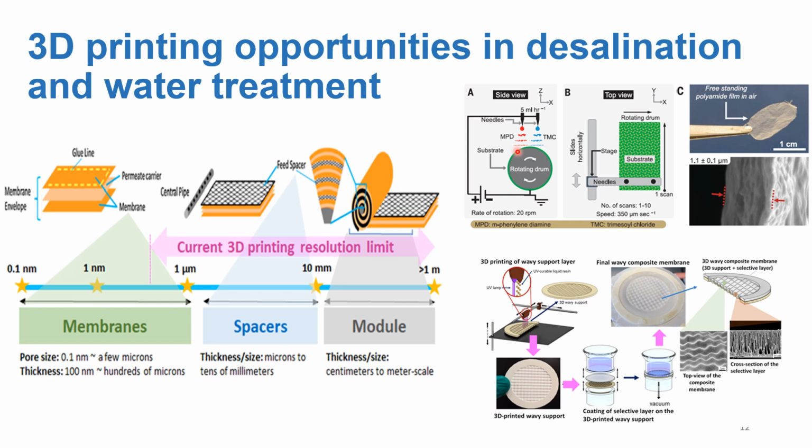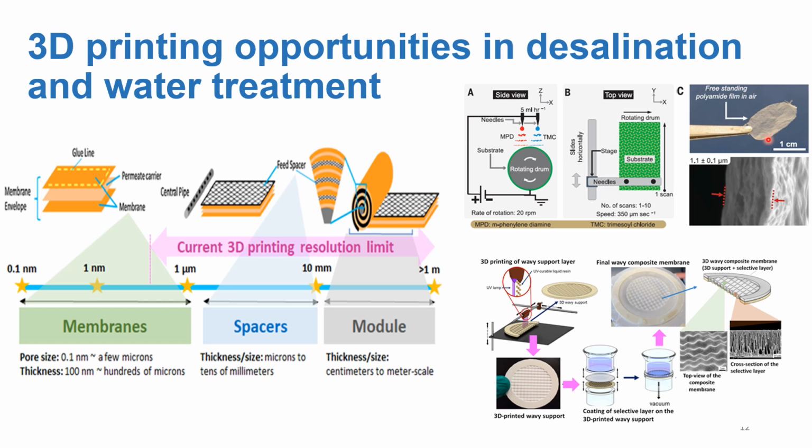As I mentioned previously, the resolution needed for membranes is quite high, and so there are only very few 3D printers that can do that. But another way to fabricate membranes is through the use of a layer by layer technique. In this case, it is electrospinning or electrospraying. We can put some solutions and they are formed on top of a rotating drum, and the membrane is produced layer by layer. So we can count the number of layers that is printed on top of this membrane. This is an example of the produced membrane based on the electrospraying technique.